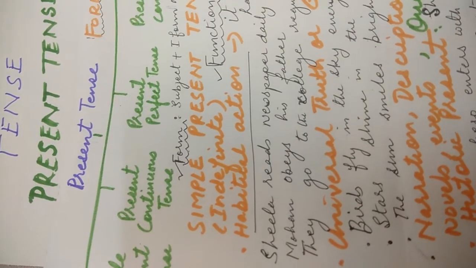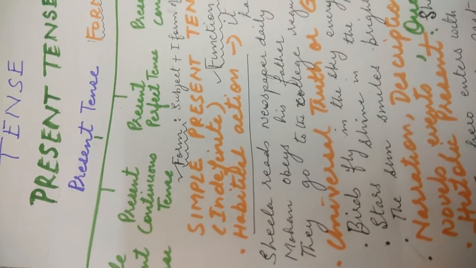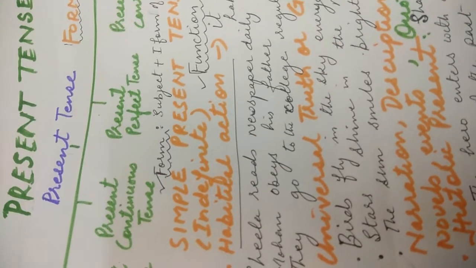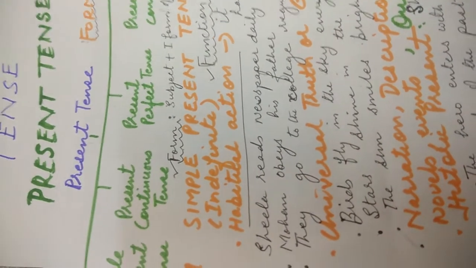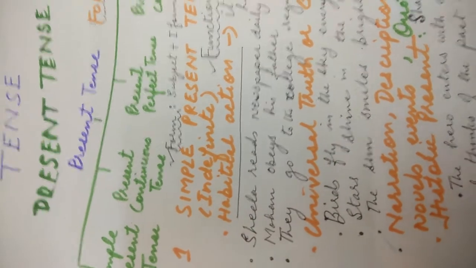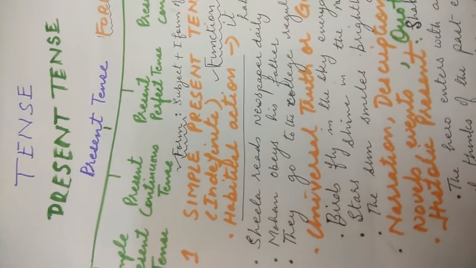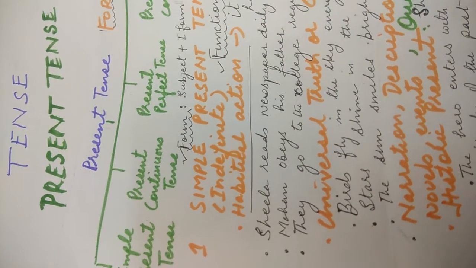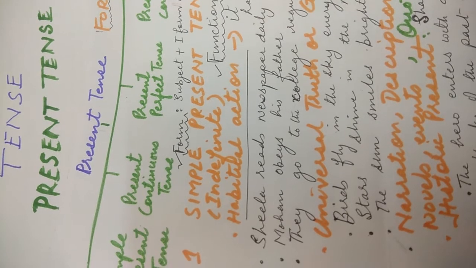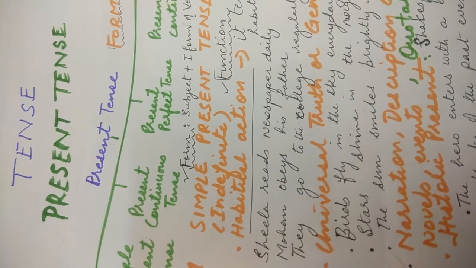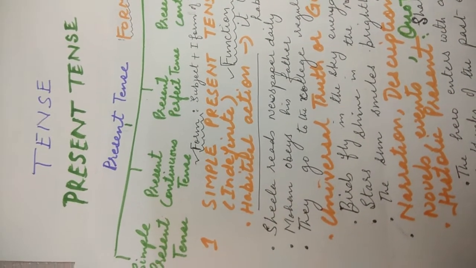Actually, for instance, if you say, I help my mother, it is habitual. Okay. If you say, Mohan obeys his father, it is again a habit. So habitual means which is in your habit. Or see, now what is the meaning of here habit formation means? That you do regularly. You get used to it. So for instance, now what are some activities that you do regularly? You, for instance, study regularly, or you eat regularly, or you talk to your friends regularly.